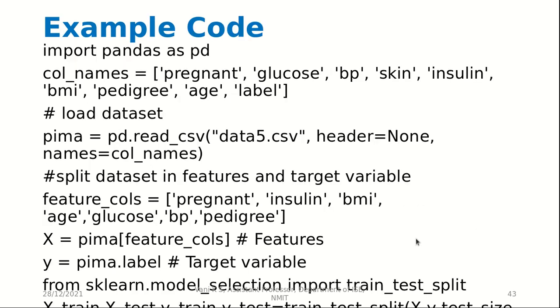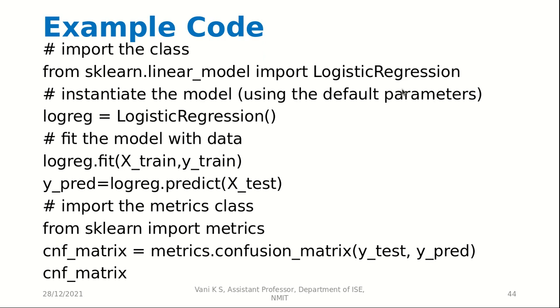Then this is again example code. I really don't think that this will be asked in the exam, but still let's just see what is happening. We are just importing the libraries, then reading some data set, then these are the columns, the features of the data set. Then we are labeling the variables, splitting the training and test data, importing logistic regression, and then fitting this. Okay, this is really not important. I'm pretty sure this is not going to come anyway.